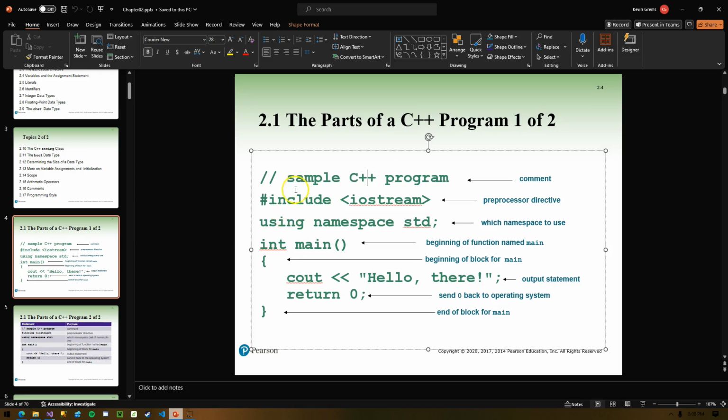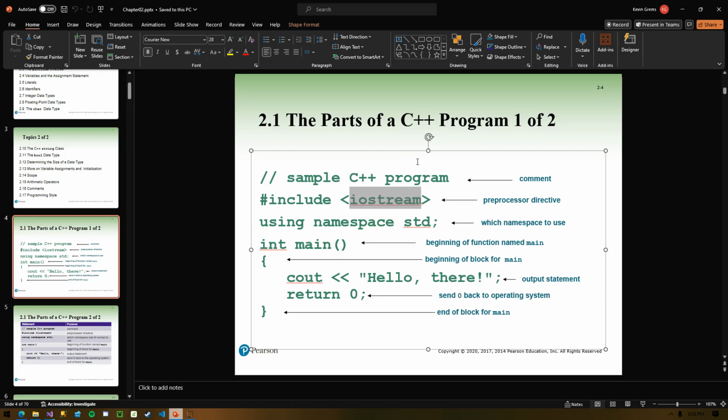Then we have something that's fairly common to most languages, if not all languages, and in C++, it's called a preprocessor directive. It begins with a pound sign or a hashtag, then the keyword include, followed by the library or package. You could call it many things as far as what you're actually including. And to draw parallels to other languages, basically to say that a programming language is very big. C++ is a large programming language. Java is a large language. Python is a large language.